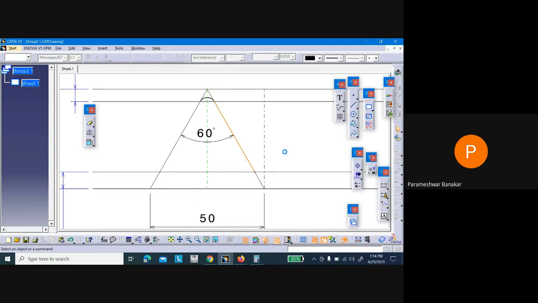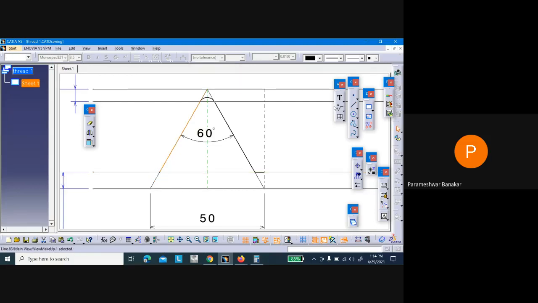Select this, and now from this intersection point draw one more line here. Make it darker till this axis. Similarly, on the left-hand side of the thread, select this and bring it up to this intersection point. Hold the control button and it will take you to this intersection point.